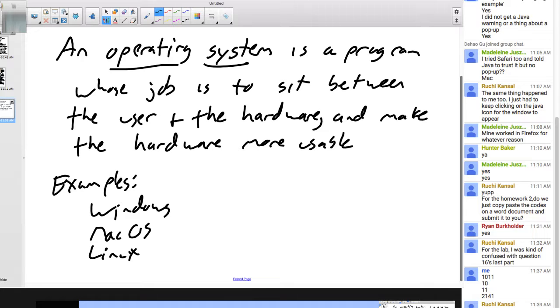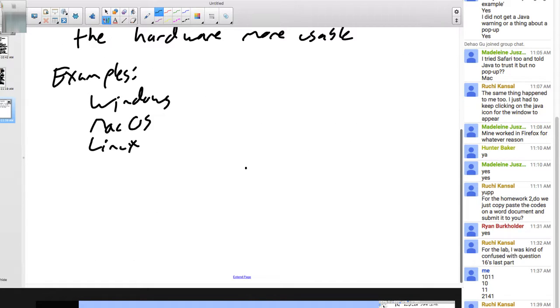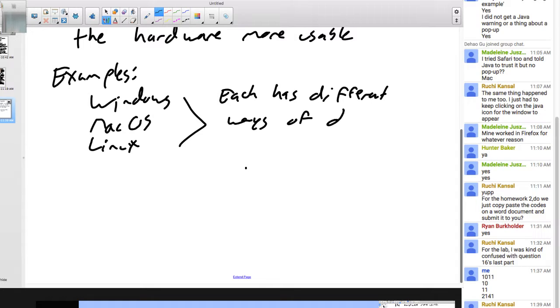So just like last time when I said different machines have different machine languages, and that's why they're not really compatible, another reason why machines cosmetically are not very compatible is because they have different operating systems, and each has different ways of doing things. The windows look different, the commands you can have look different, the interfaces to the hardware look different,